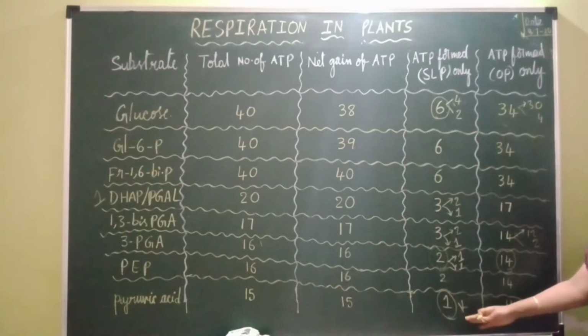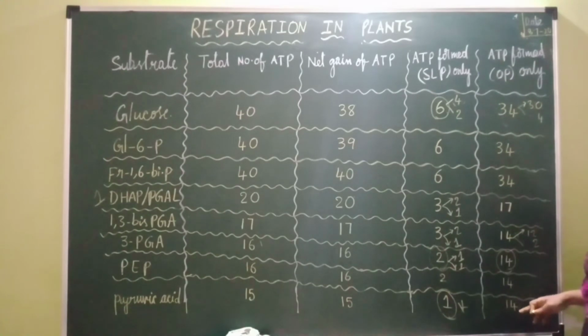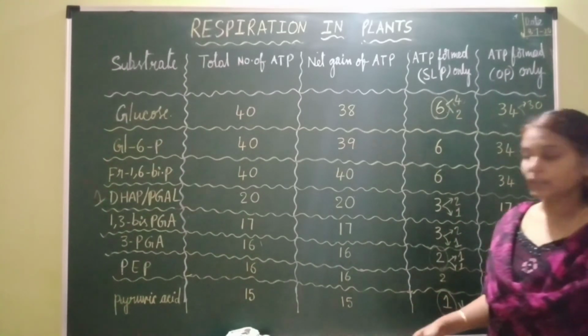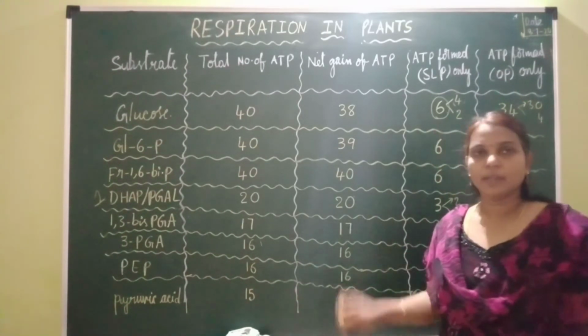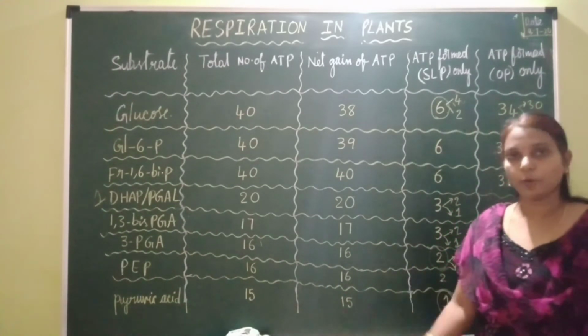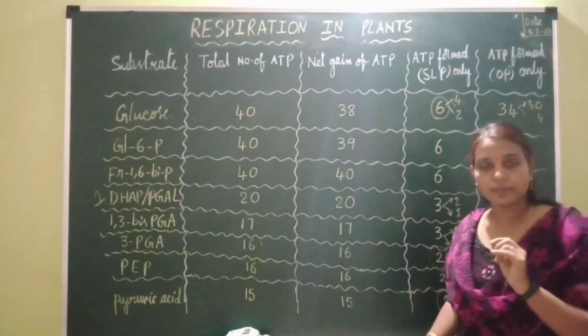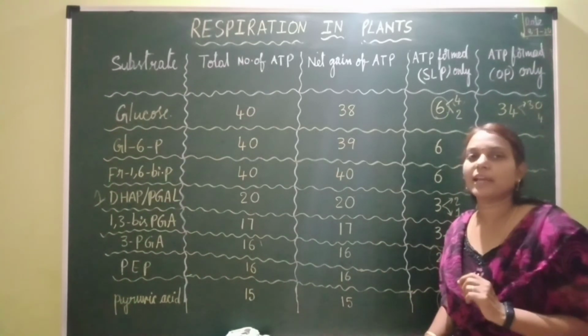2 ATPs through SLP only, 28 ATPs through OP only. So 28 plus 2, 30. Here 30, here 30. This is the way we need to solve the questions regarding aerobic respiration. And we need to observe the question very carefully. We need to read the question carefully,